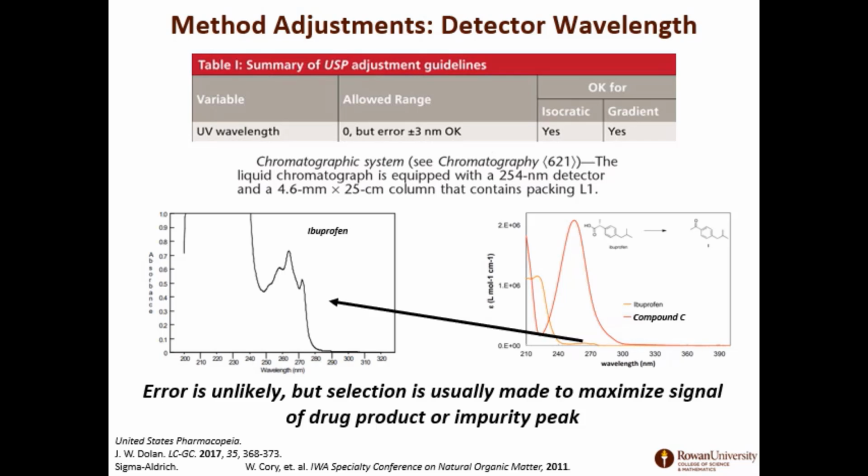Generally 254 nanometers is selected, and if you look at the concentrations that are prepared, the concentration of the active pharmaceutical ingredient, the API, the drug assay for ibuprofen, that concentration is much, much higher than the expected concentration we're going to see for the impurity. And that's to be expected, right? You hope that your impurity is going to be a minor component relative to your active pharmaceutical ingredient. And generally the selection is made in such a way that you're maximizing the signal of the impurity peak, so